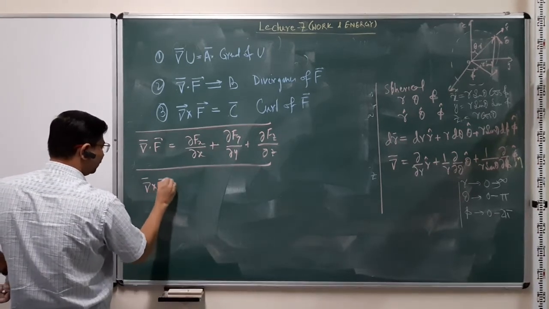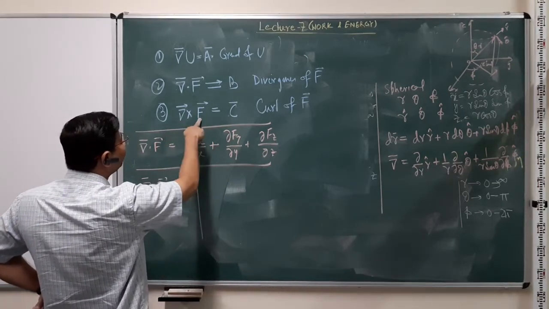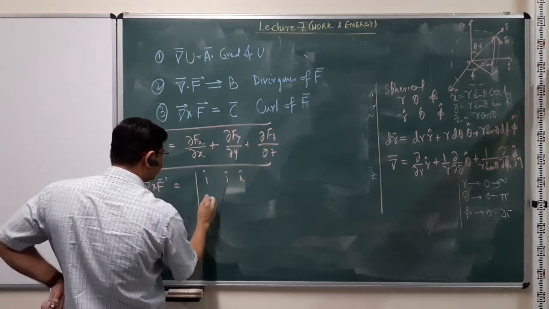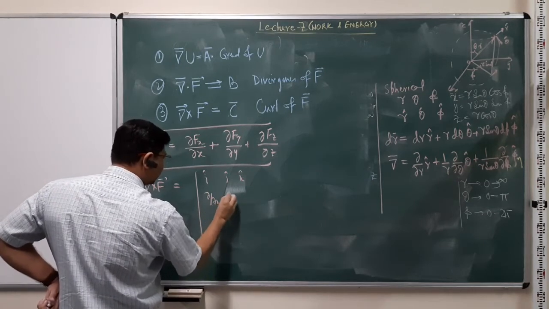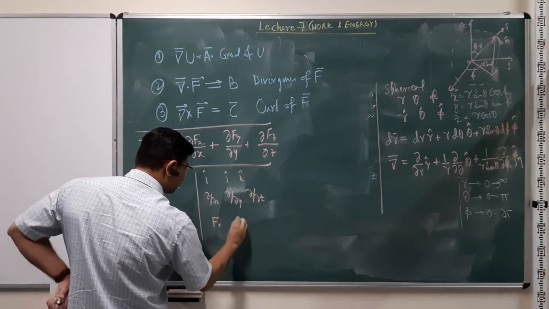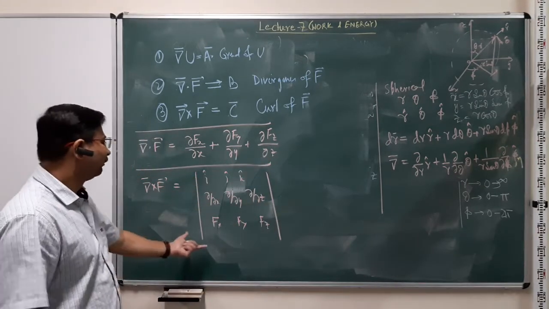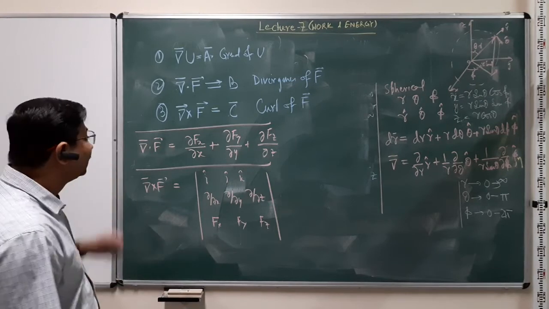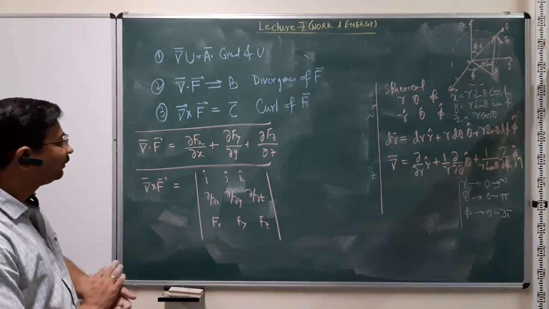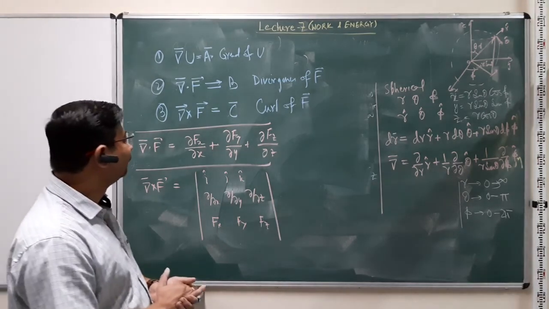Del cross f is slightly more involved. You know the del vector in its component form, you know the f vector in its component form. It basically is the determinant with i cap, j cap, k cap, del over del x, del over del y, del over del z, fx, fy, fz, and it gives you a slightly big expression. However, this is what the expression is. Okay, so we'll stop here. We'll not dwell any further on it unless there is a problem that we encounter where we need to apply this. And the rest we will start in the next lecture.